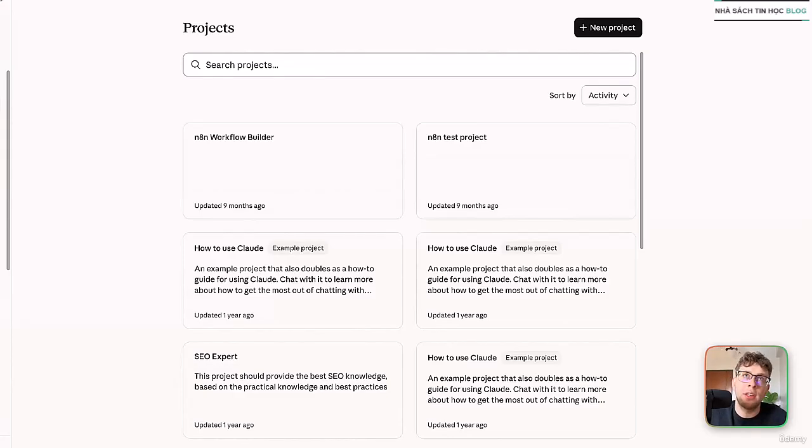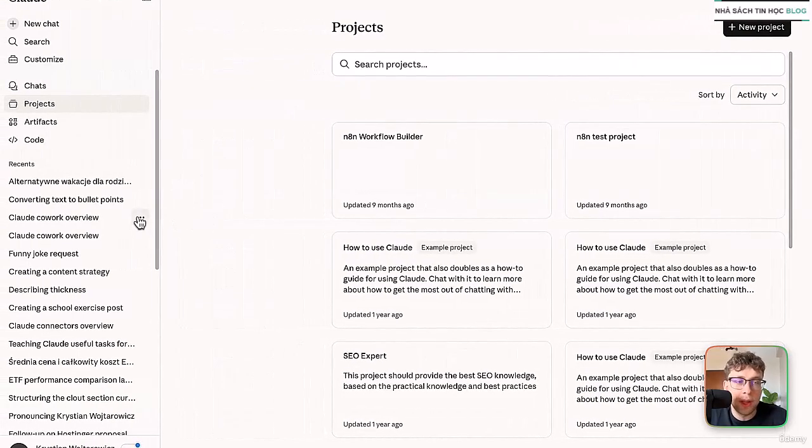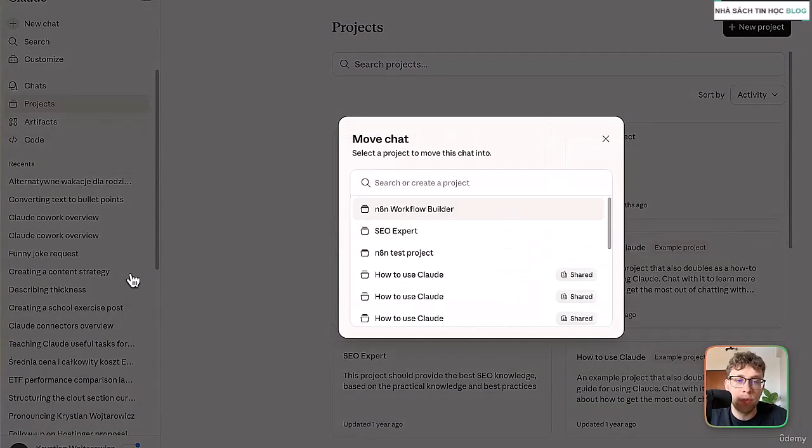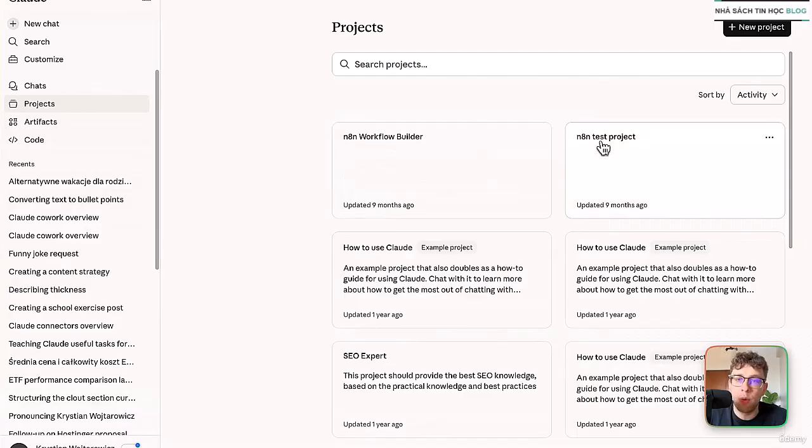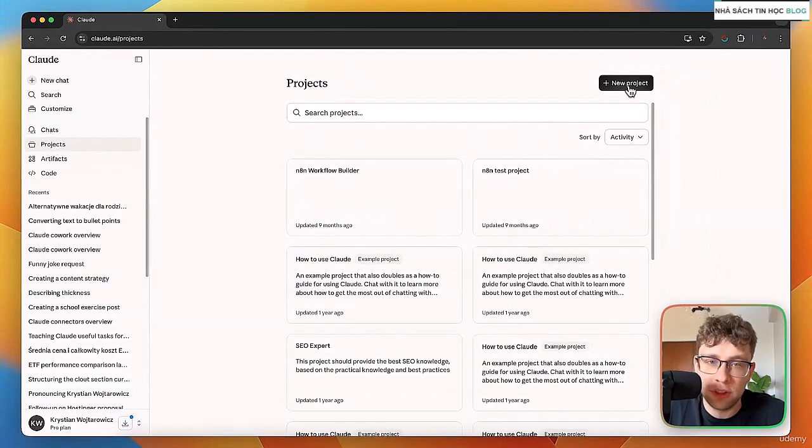So what it does, it basically allows you to create a folder, for example, for different specific fields. Let's say marketing, sales. Maybe you do some tasks that require similar resources or similar instructions or are for a very similar thing. So that's why you can even consider creating a project. Because also when we go to our recent chats and we click on the three dots, we can add the chat to the project and we've got multiple different projects. But now, without further ado, let's create a new project.